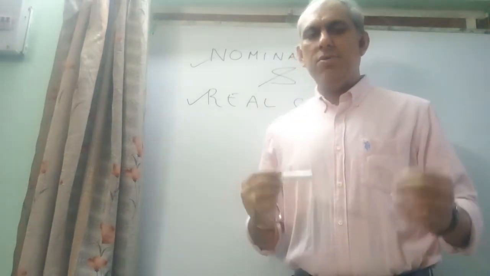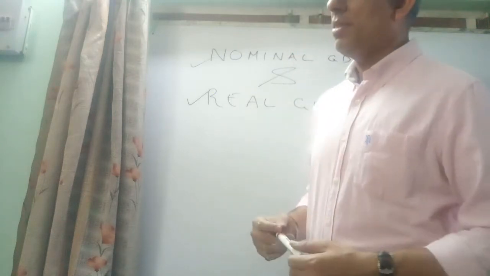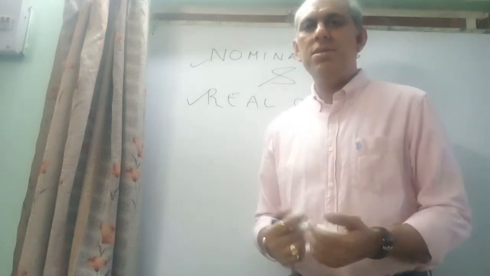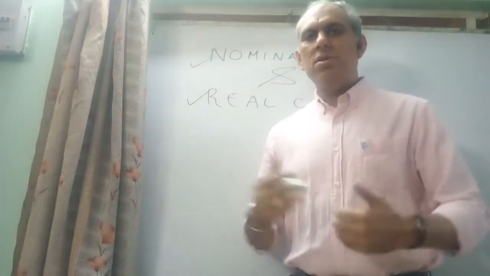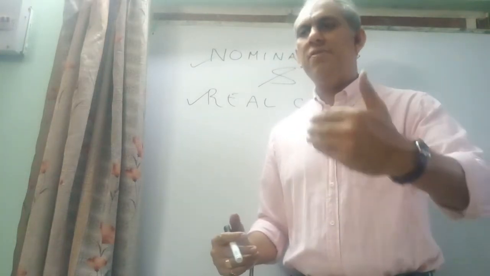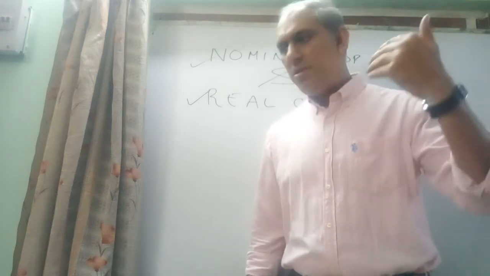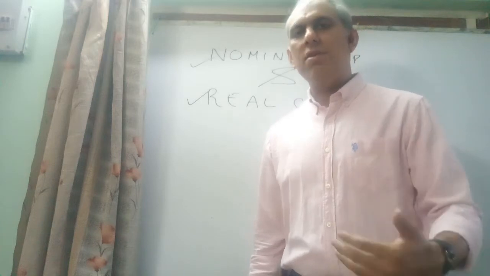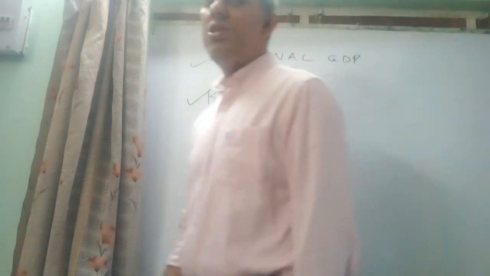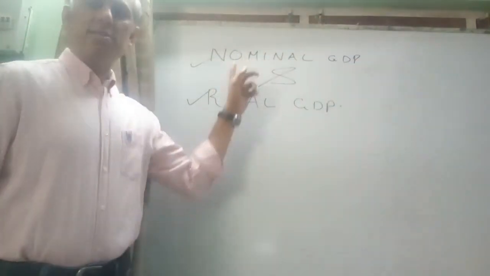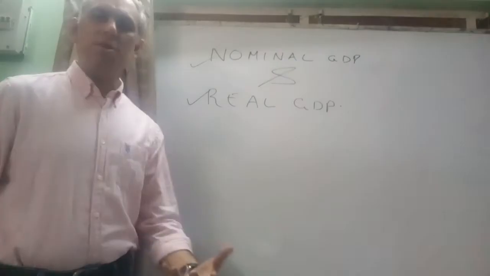Now, in today's class, students, we are going to discuss a very commonly followed topic, the ones which you find in the newspaper on a regular basis. But many a time you find it difficult to discriminate between the two terms which are generally referred to in the newspaper. In fact, it is one of the most regular terms, often published quarterly and also given on an annual basis. These two terms are, A, nominal GDP, if you can see on the top, and the second one being real GDP. Now, what basically they mean, for that first we have to understand what is GDP.